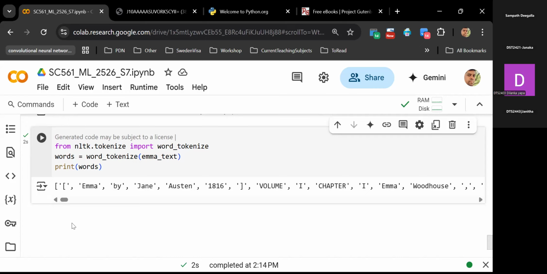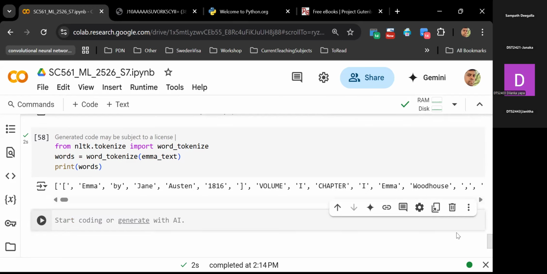Of course, there are a few issues. You will notice that there are brackets, there are some commas, right? If you want to further clean this, maybe you need only the text, right? So what I could do is, let's say, clean words. I want to clean the words. So what I'm going to do is get the word